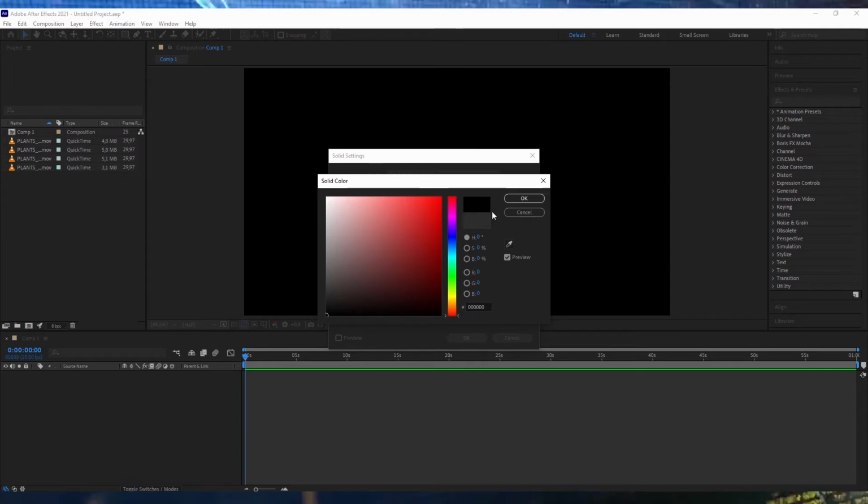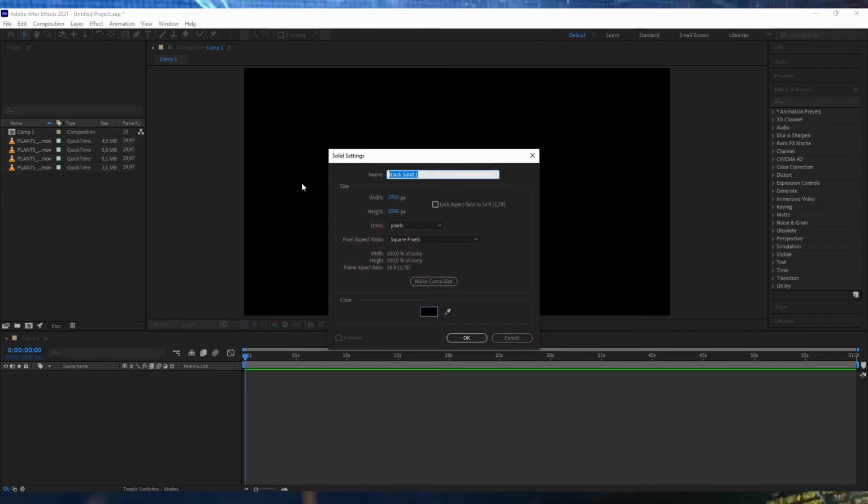I'm choosing black because it gives me a good canvas to work on, although it doesn't really matter. But if you do want a solid color, feel free to pick whatever you want. So I'll click on black, and we'll just name this, let's say maybe BG for background. Then we'll leave everything the same, as After Effects will automatically use all of our comp settings to create this,